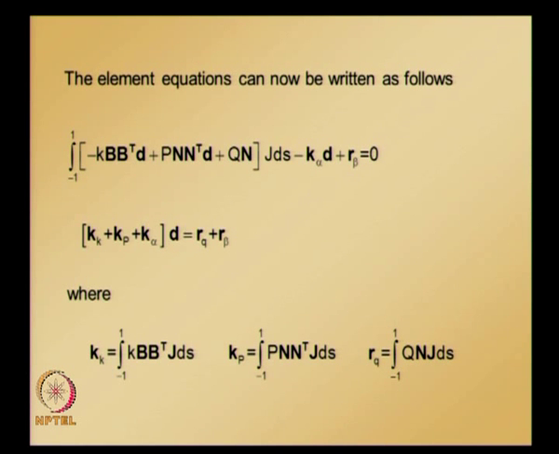And you can see here in k k you have B transpose and in k p N transpose is present. So, we will further simplify and try to figure out what B transpose is and N transpose is, because we require those to perform this integration from minus 1 to 1,